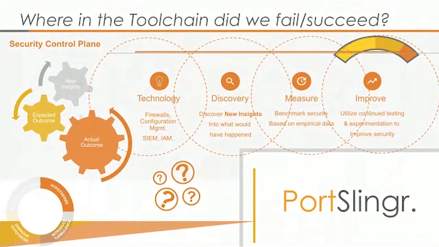Meaning, if we know there's no firewall, what's the point in testing with a chaos experiment that we know won't work, right? What we're trying to do is test the assumption we already have in place and drive out info. We're not just trying to test, let's say, the firewall in this case, right? We're trying to drive out the full tool chain, right? We're looking at the whole chain